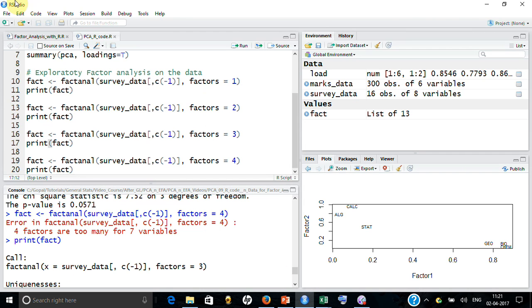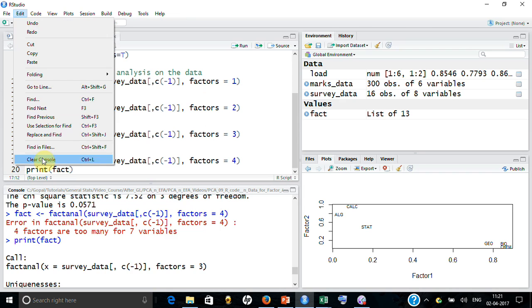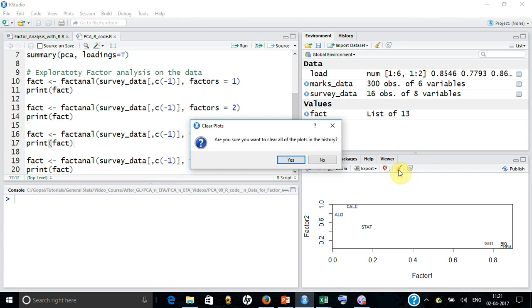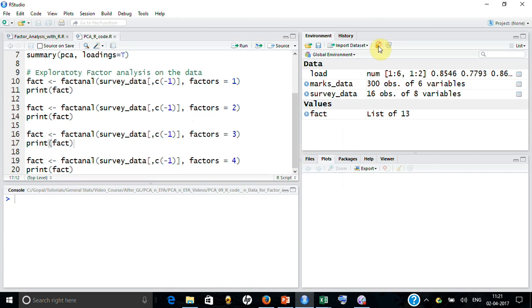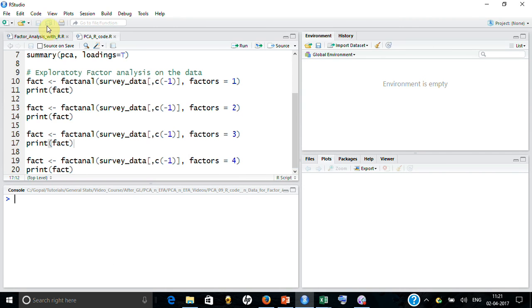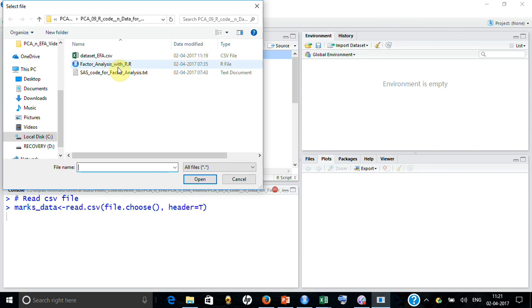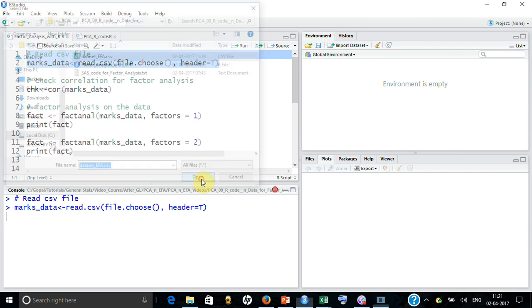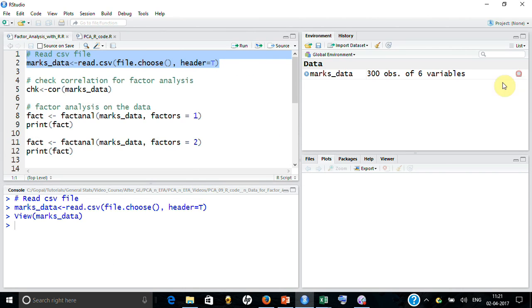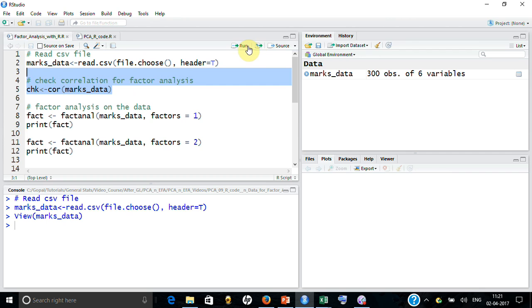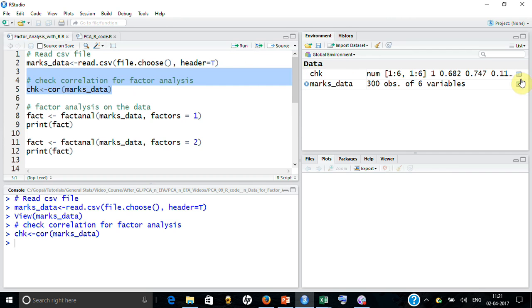By that time, let me clean up my space so that everything looks clear. So here, let me first read the data set. So I got the data, all 6 variables and 300 rows, which you can see here. Let's check the correlation. So I have got the correlation